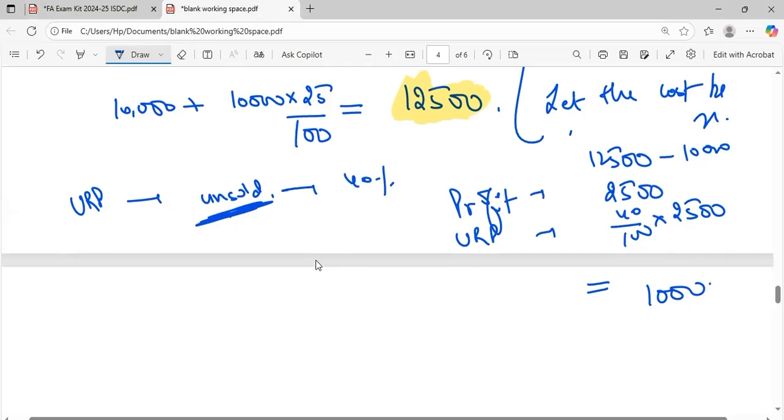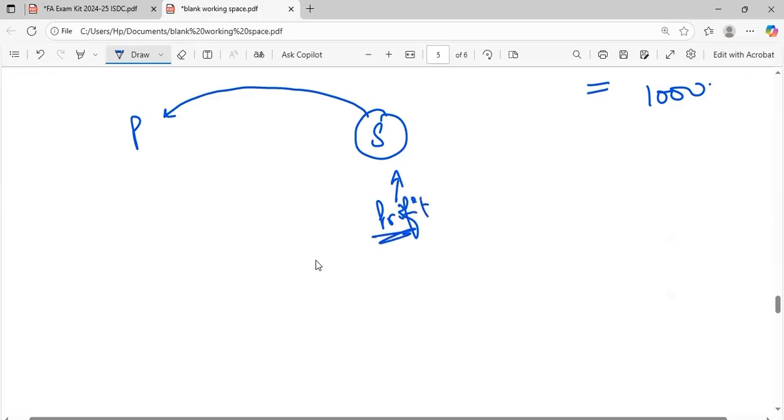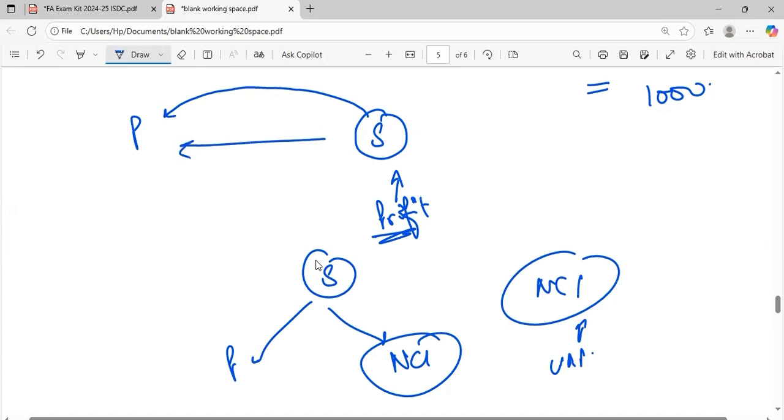See, now in this question, what has happened? This was the parent company and this was the subsidiary company. So subsidiary company has sold goods to the parent company, which means that subsidiary is holding the profit. Okay. Who has profit? S company has made profit by selling the goods to parent company. Now this S company is owned by the parent company and NCI also has a share in this S company. So NCI will also have share in the unrealized profit. Okay, so remember, whenever there is sales from subsidiary to parent, unrealized profit would lie in NCI also. Okay, so we have to reduce NCI's share by the URP figure.